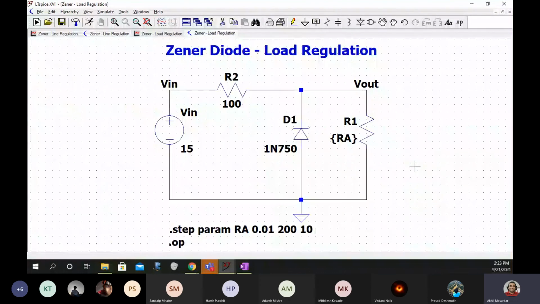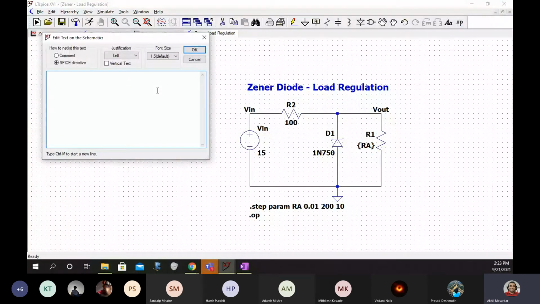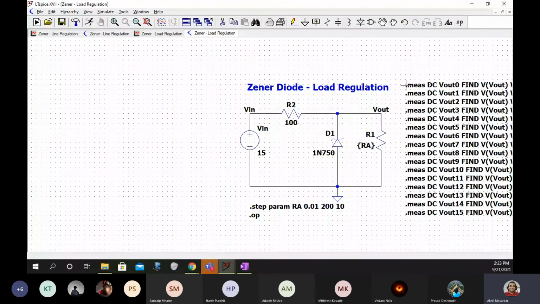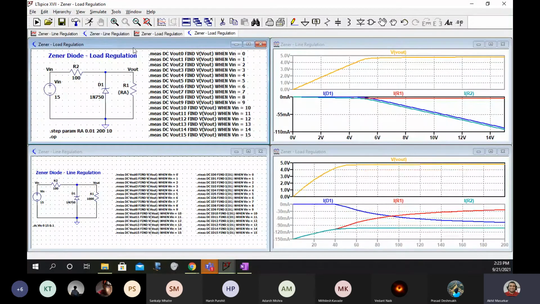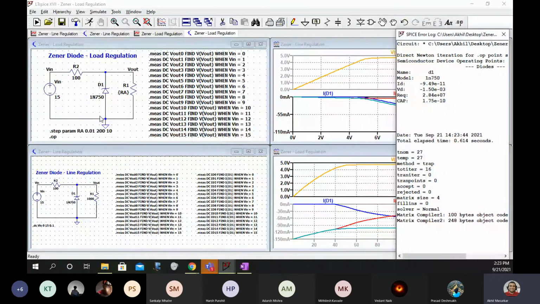Now let's try to use some dot measure commands here also. And let's see what we have got in the error file.